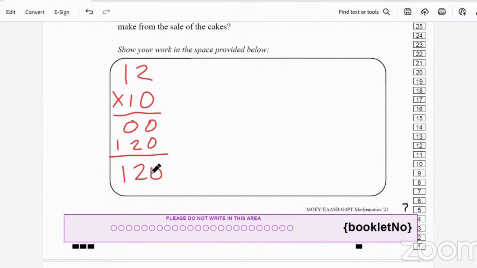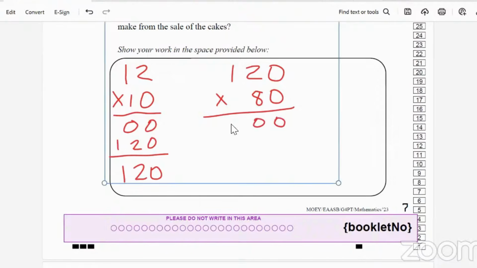Now that we have our number of slices, remember we sold the cakes for $80 per slice. So we're going to be multiplying 120 slices times 80, since it's $80 per slice. Again, 0 times 0, that's 0. 0 times 2, that's 0. 0 times 1, that's